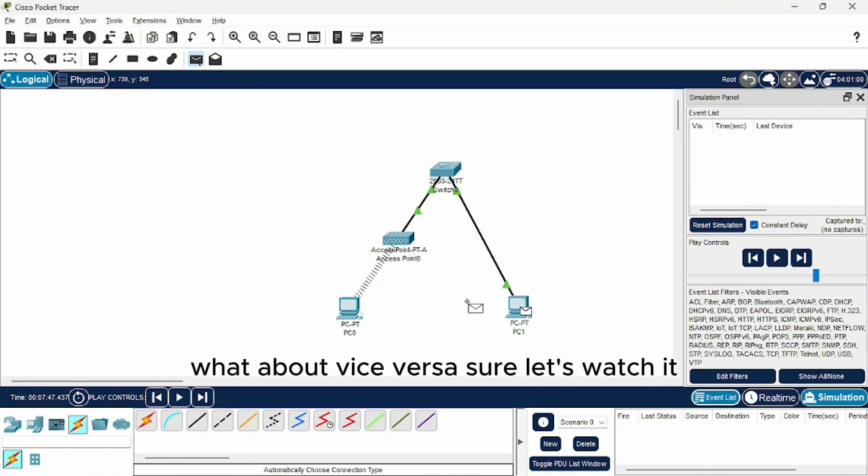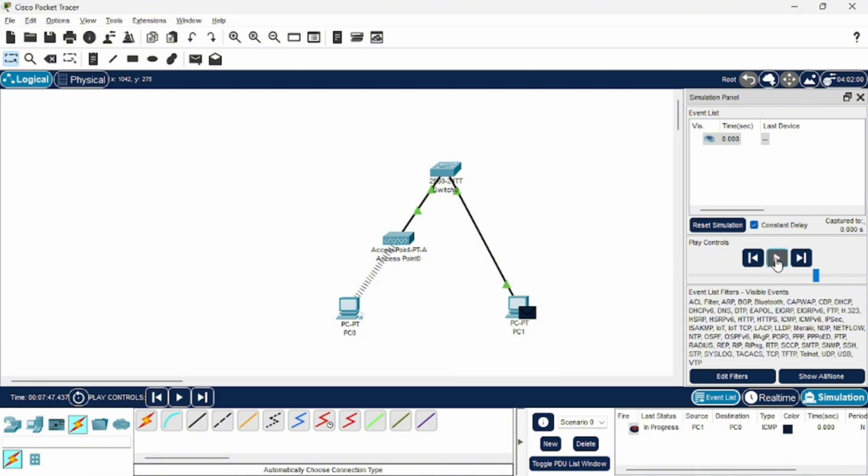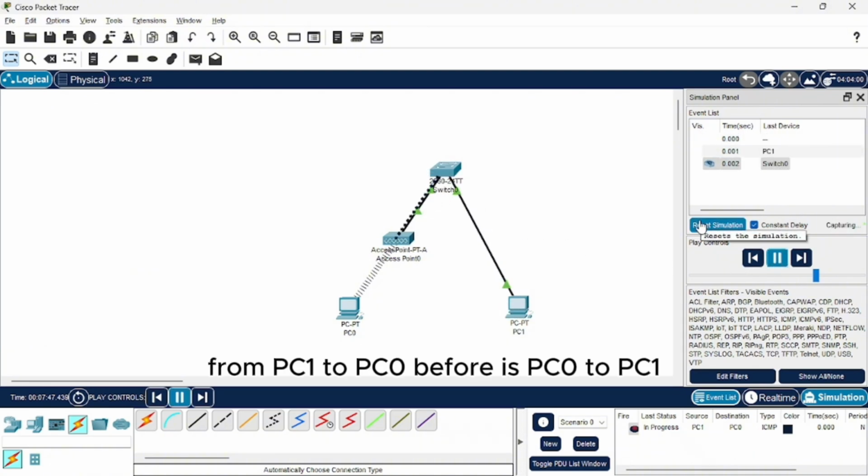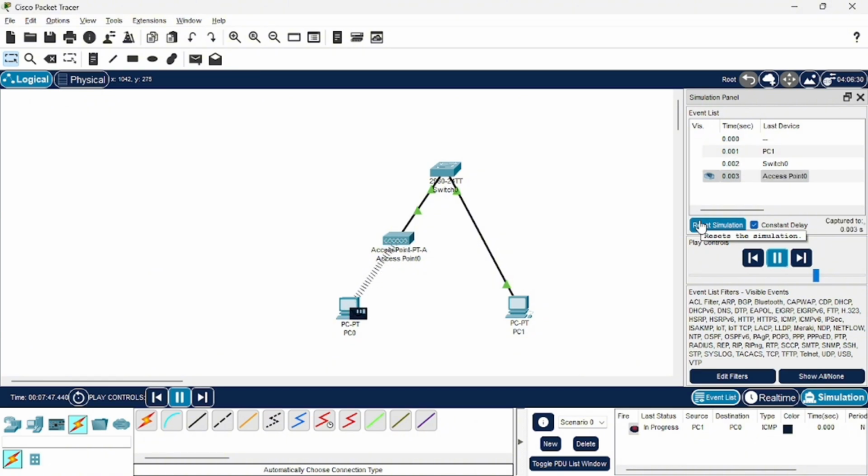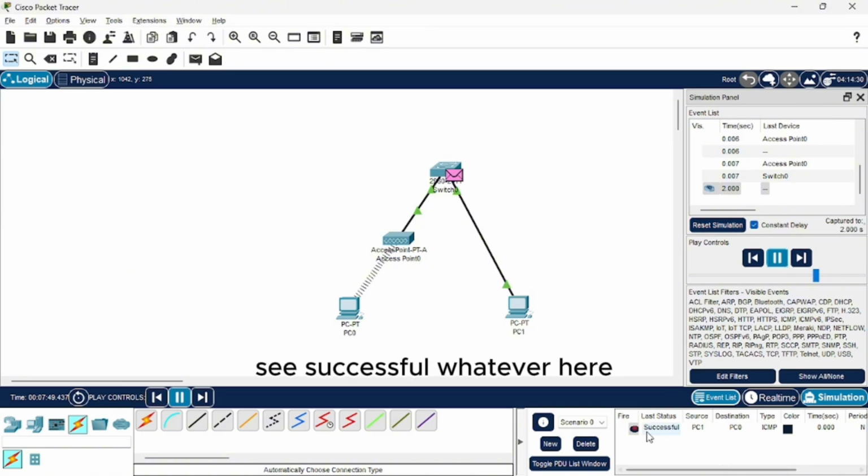What about vice versa? Sure, let's watch it. Start. It's from PC1 to PC0. Before it was PC0 to PC1. Let's just wait a bit. See, successful.